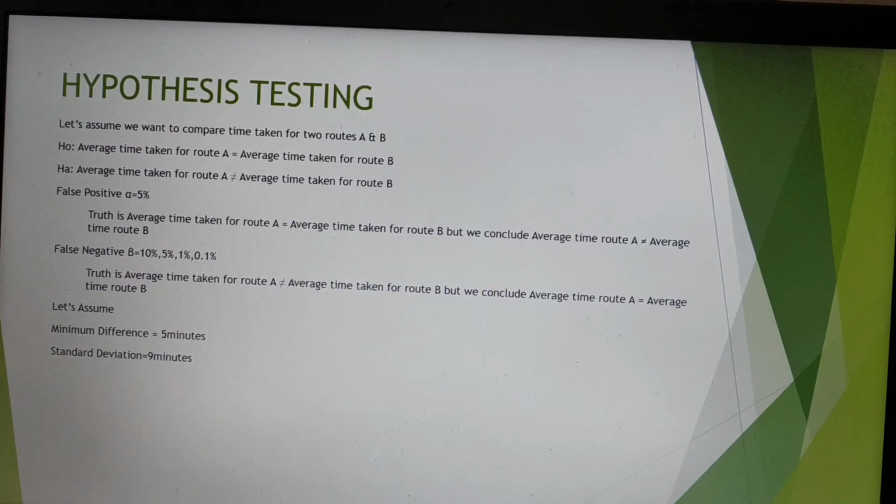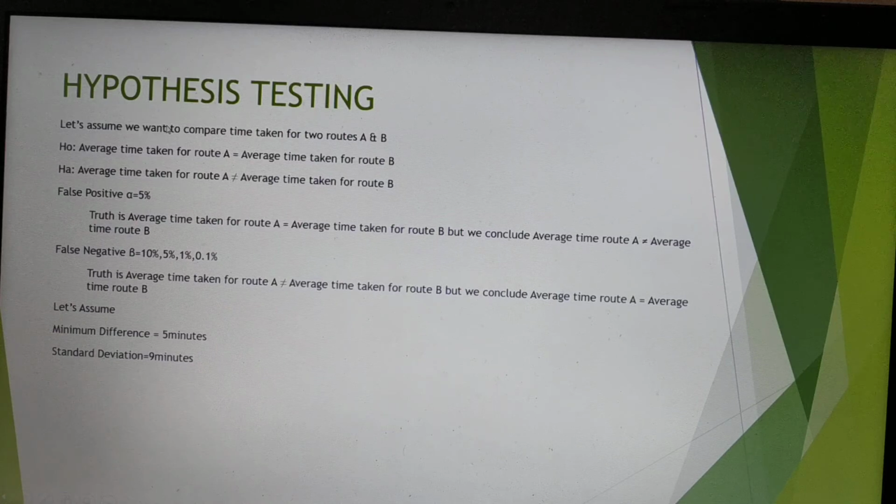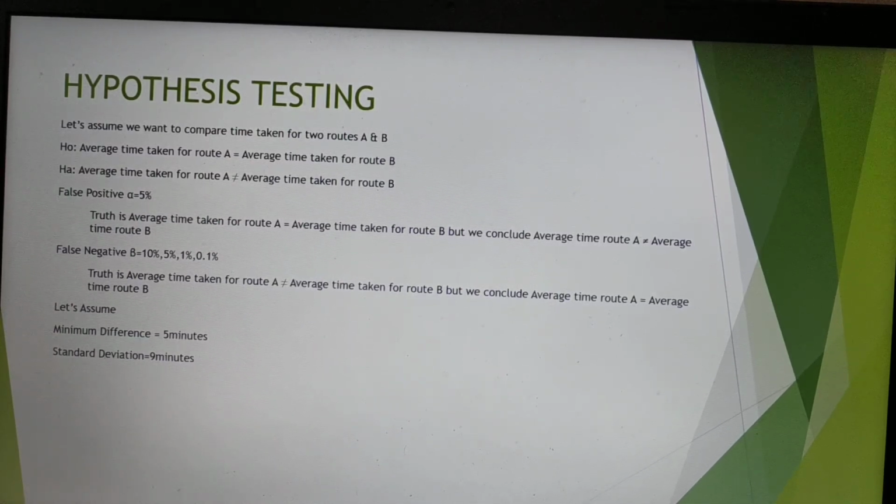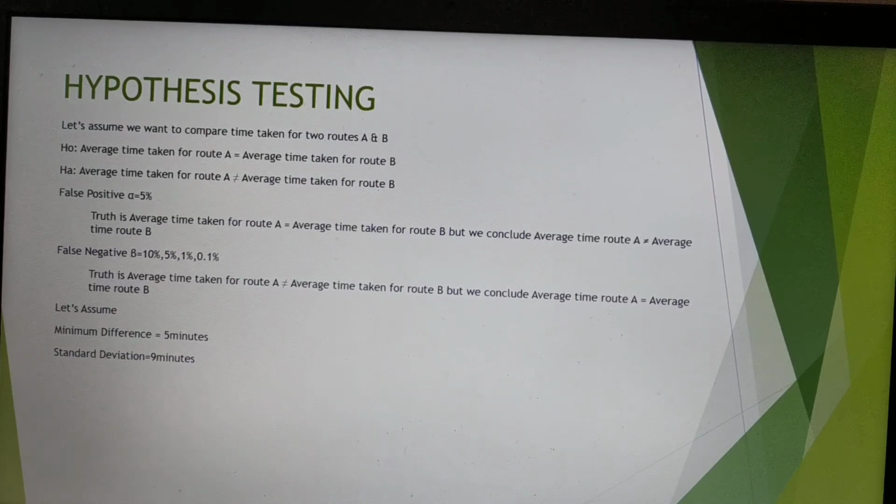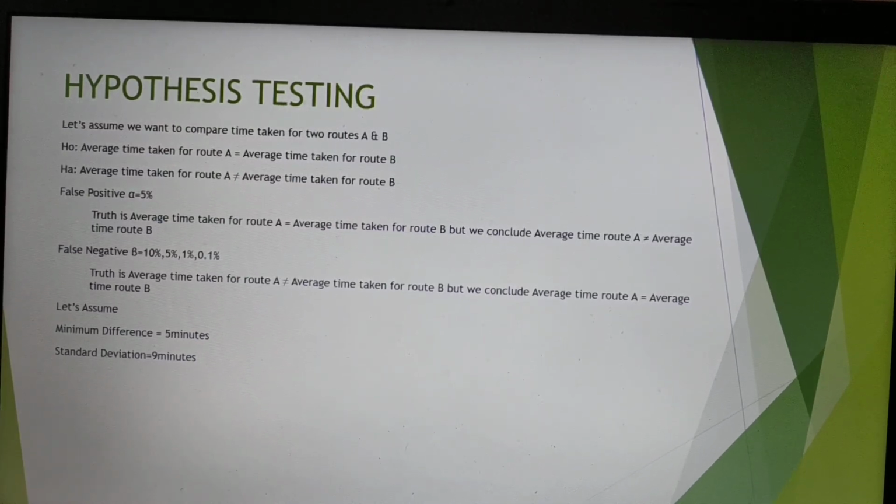So let's assume we are still doing the same example. We want to compare average time for two routes A and B. Average time taken for route A is equal to average time taken for route B. That will be our null hypothesis. Then the alternate hypothesis would be average time taken for route A is not equal to average time taken for route B. Let's assume we'll put alpha is equal to 5%